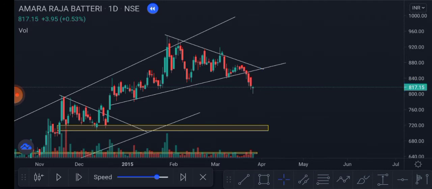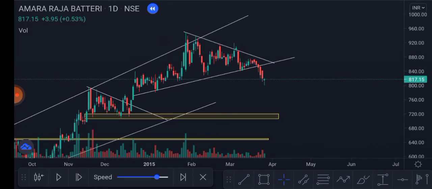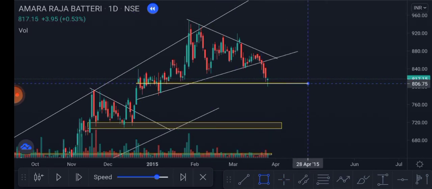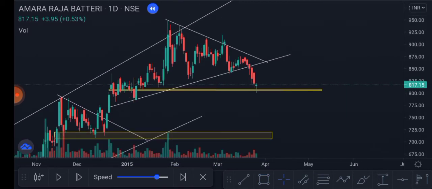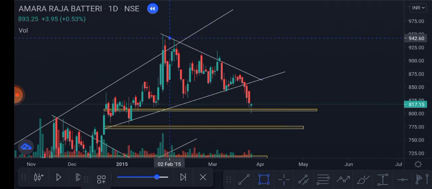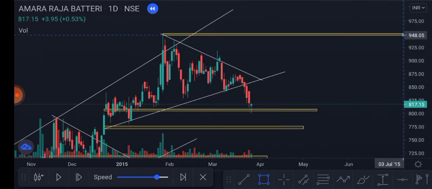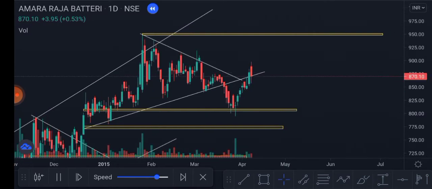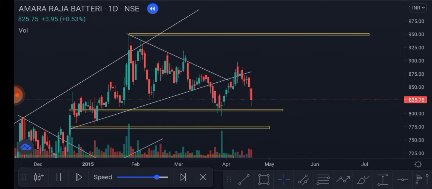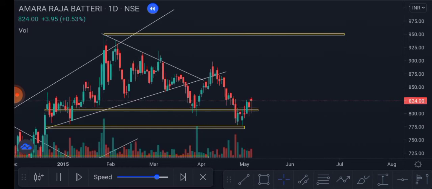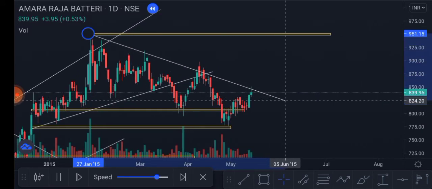So what is my area of interest for buying? The next support will be around this area. We may think a bounce from here. Stop loss is below this swing, and our target is all-time high. And let's run our software now. Okay, it started to move upside. We may hit our target soon. Okay, it's near to our stop loss. Again, it reversed back. This line is acting as resistance.